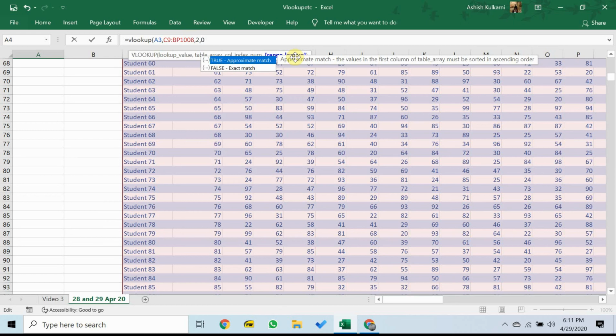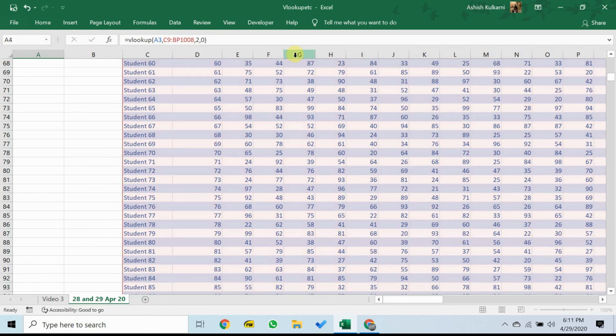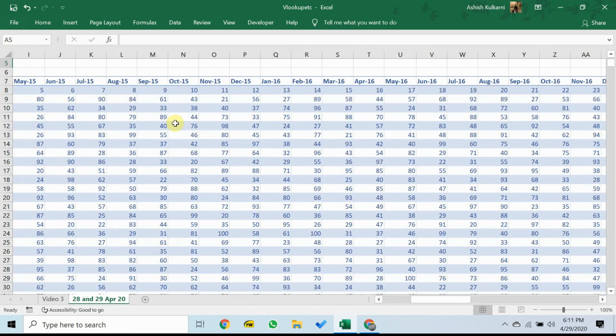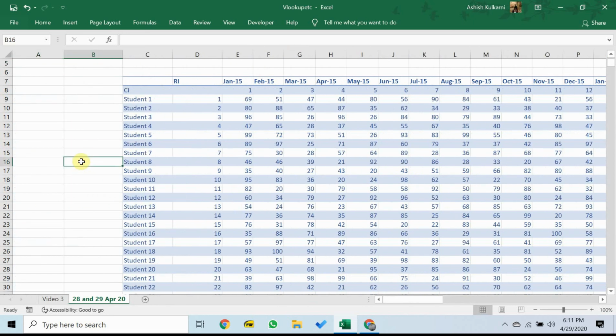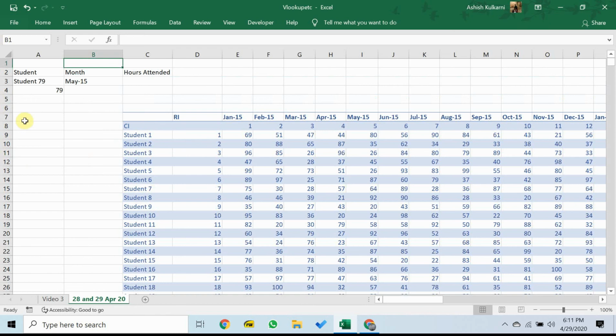And in English, what we've asked Microsoft Excel to do is for Excel to search for whatever is written in cell A3 in the big red rectangle, in which VLOOKUP will search only in the first column. Having searched in that first column of the big red rectangle, it asks within that row which column. We say second column, and we want an exact match. Now if everything has worked out correctly, as soon as I hit enter, I should be able to see the value 79. So let's find out if it has actually worked the way we had hoped or not. And it's worked. We get the value 79 over here.